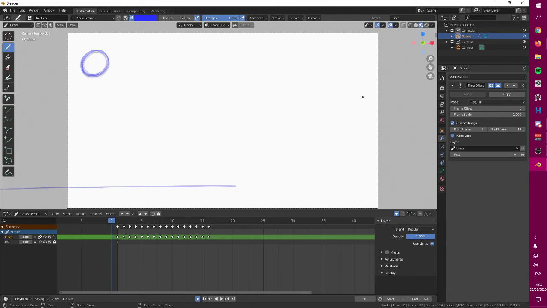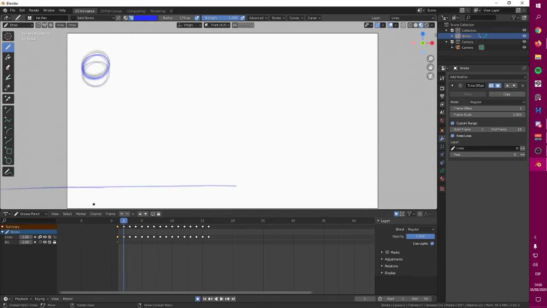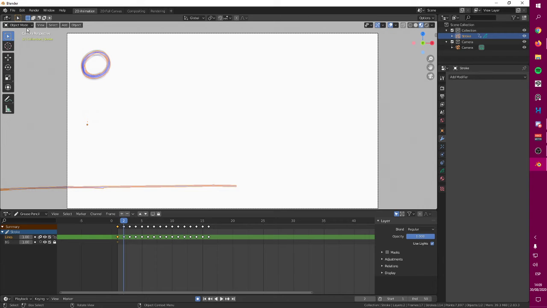So here's a thing with grease pencil and some effects that you can apply to your grease pencil animations on Blender. When you have your grease pencil selected and you go on draw mode, you have these options.